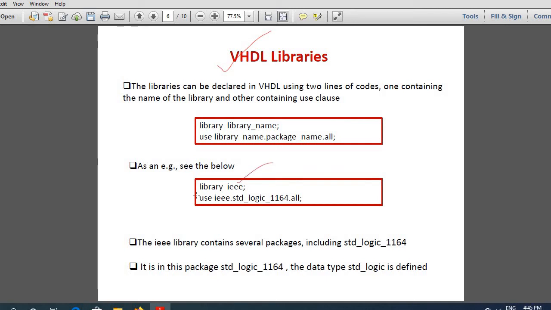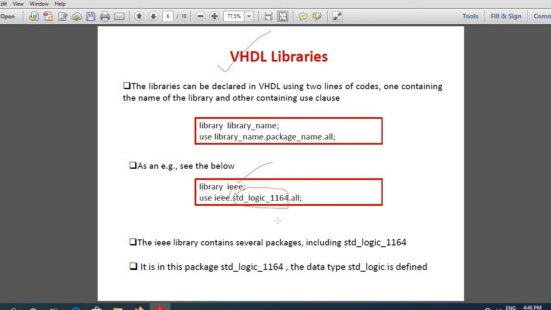So you write the keyword first, library, name of your library, IEEE. Put a semicolon. Then inside that library there will be several packages. std_logic_1164 is just one package inside your library.